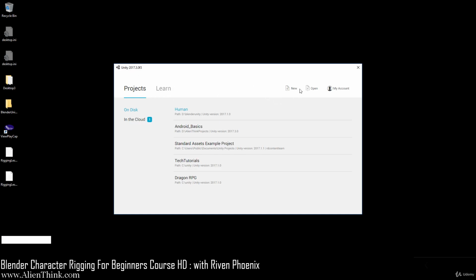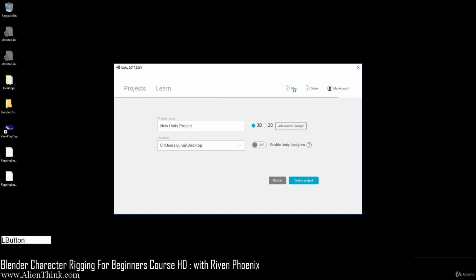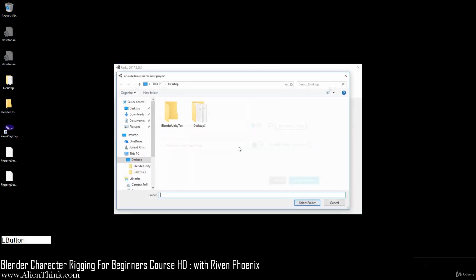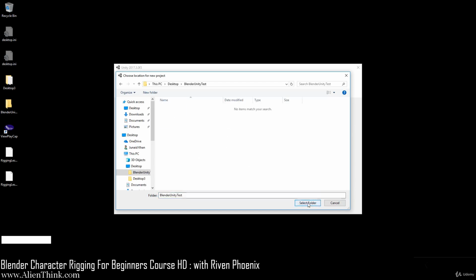So what we're going to do is click on New. Make sure that this is set up on 3D. So here, of course, we want to put this on the desktop. So here I've actually created a folder to keep everything simple. I'm just calling it Blender Unity Test. So I'm going to click over here and make sure that I point to this folder and click on Select